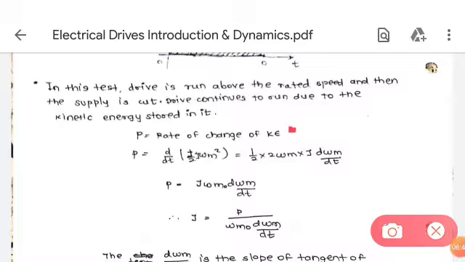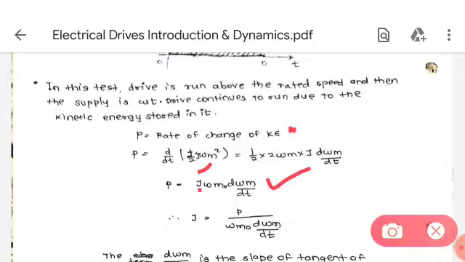P is equal to kinetic energy, that is d by dt of 1/2 J omega m square, and when we take derivative it is half 2 omega m J d omega m by dt. So after simplifying we get this: J omega m into d omega m by dt, where J is unknown,